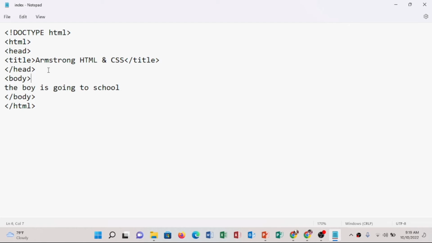So I'll put the mouse pointer here and press enter. I'll bring the tag called header, heading 1. The headers are from heading 1, 2, 3 to 6, where 6 is the smallest header. The header also comes with a closing tag. So in between the header, maybe I'll go by saying this